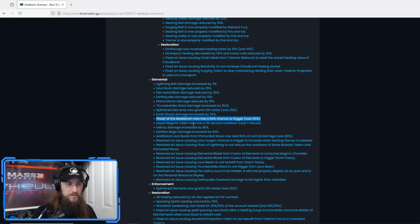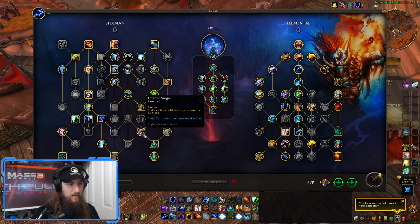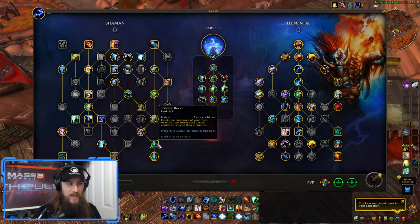Liquid Magma Totem now has a 30-second cooldown, was 1 minute. This is actually a fairly big change. Liquid Magma Totem is one of the best ways to spread our Flame Shocks, and now having it be 30 seconds instead of 1 minute means we have more access to it. And beyond that, it's not actually going to be 30 seconds because of the talent Totemic Surge. This actually brings it down to 24 seconds, and it might be enough to even consider not taking